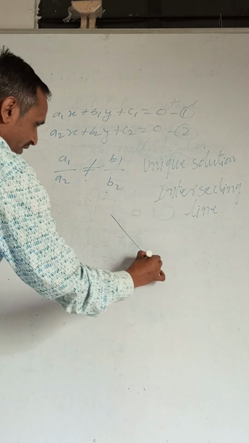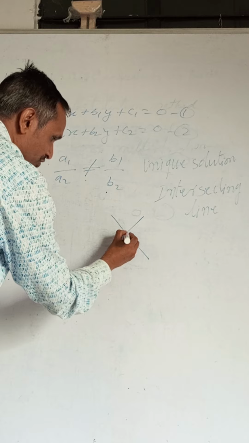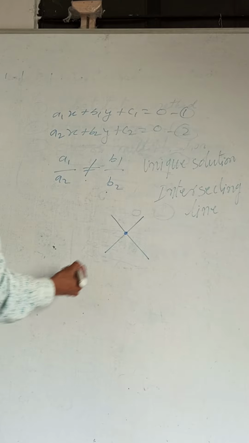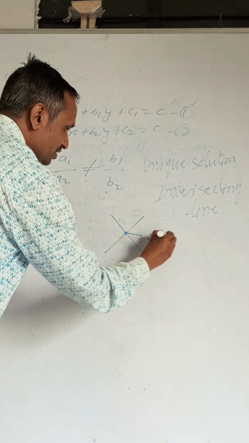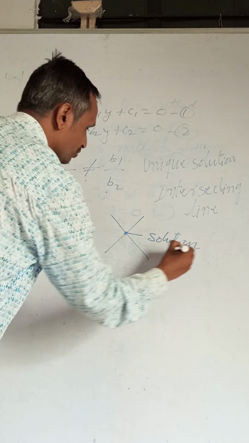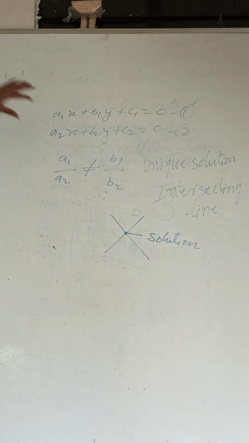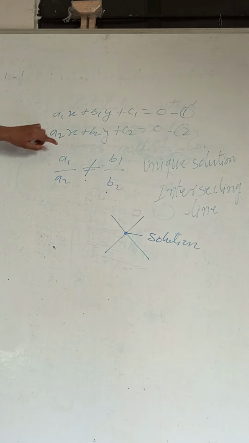Suppose this is a graph, so the lines will cut like this. So this point will be the solution. It can be in any quadrant, first, second, third or fourth. But this will be the solution. If it is like this, then it is called the unique solution, intersecting lines. And when it is like that, the condition is a1 by a2 is not equal to b1